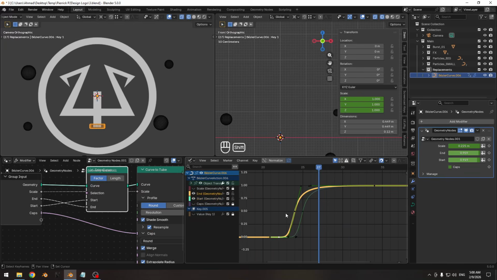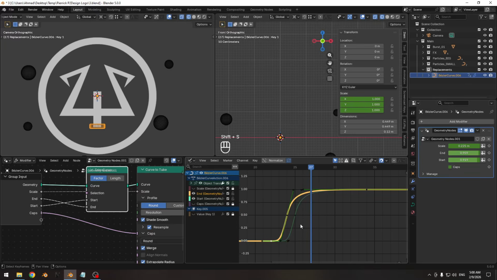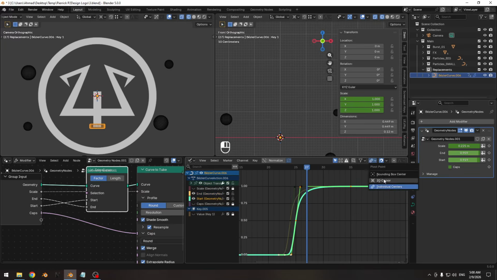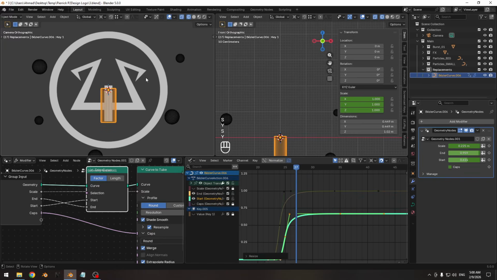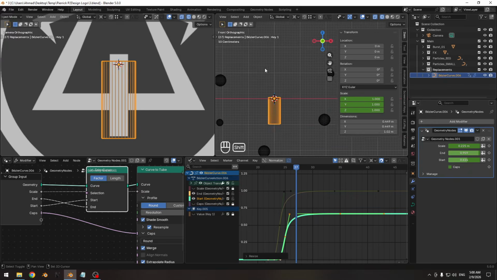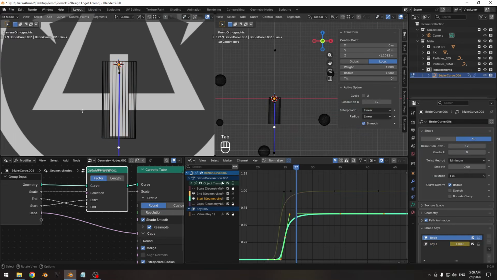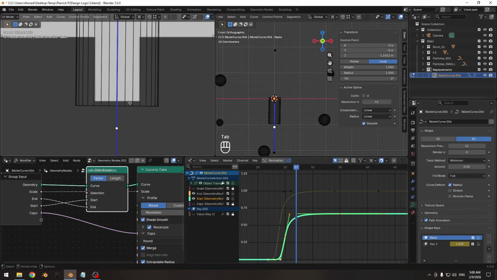Okay, let's move the cursor here and scale this like this. Oh,